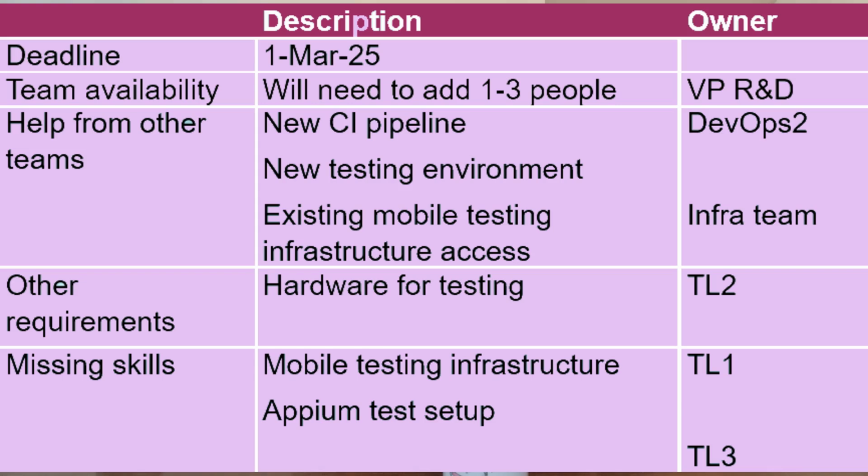Finally, do we need to learn anything new? Of course, the whole application is new, so it's going to be a whole new experience testing on mobile devices. Let's write down the things that we do think we need. We can't write down anything that we don't know yet, but the things that we do, let's write them down. So, these are our constraints. Great, we've got almost everything.